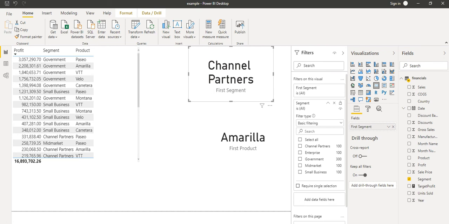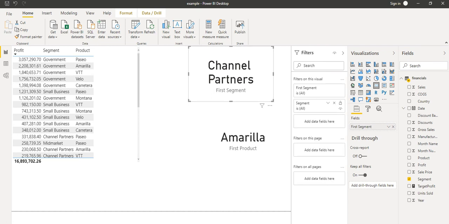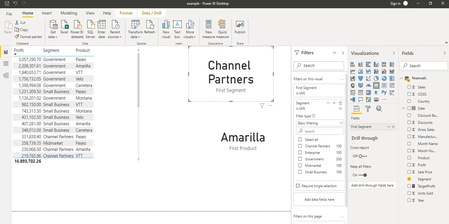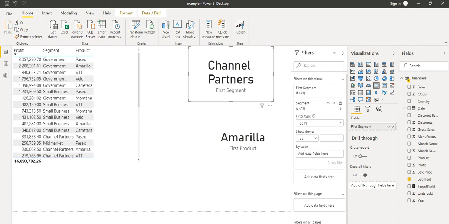When you add that field here, we can see it is showing one expand arrow. When you click here, it has some filter types like basic filter and advanced filter. I want to select Top N. Top N means how many of the top values you want.